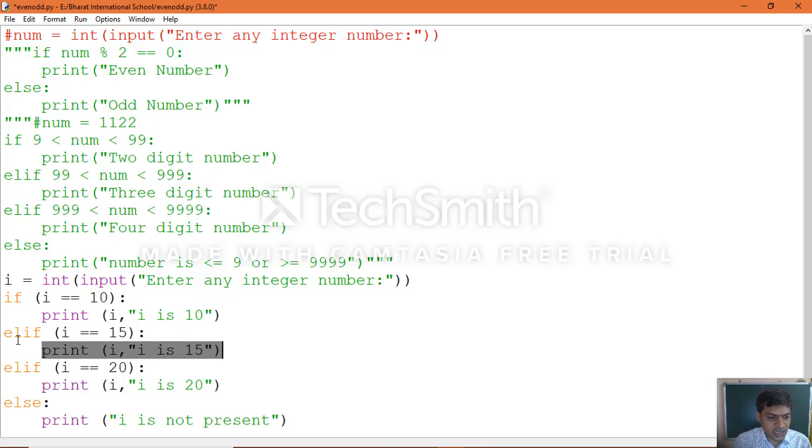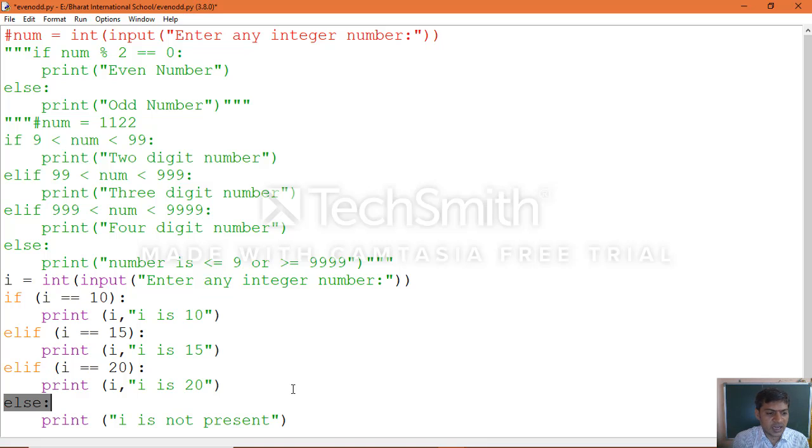If this condition is also false, then it comes to the third condition, which checks if it is true, and this statement will be executed. If this condition is also false, then it comes to the last else part, I is not present. So here this condition is false, this condition also false, this condition also false, which means the last else part will be executed.